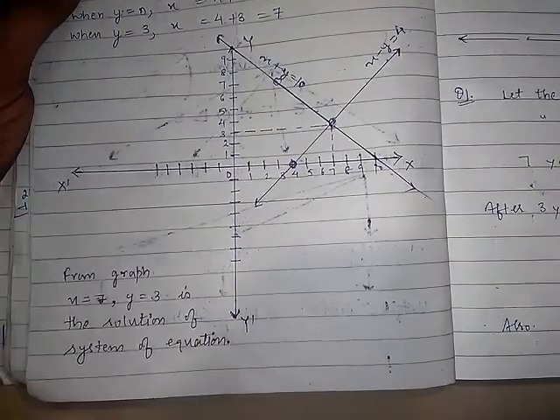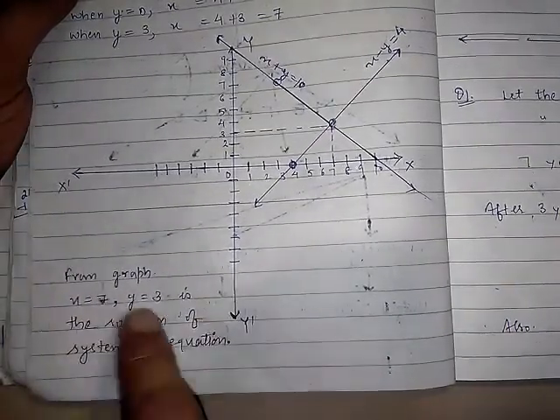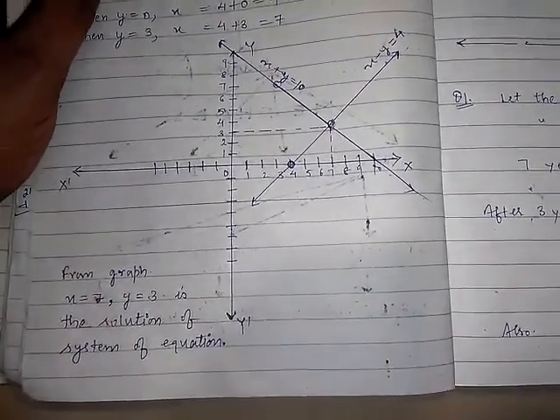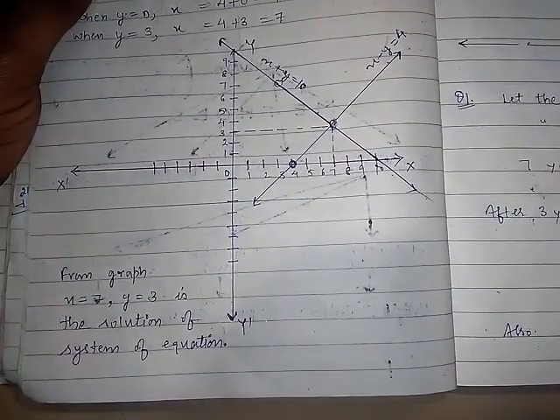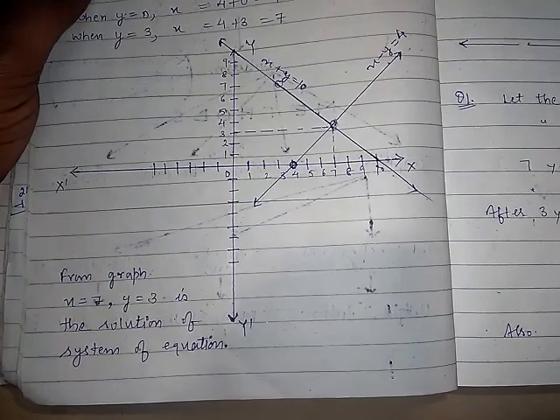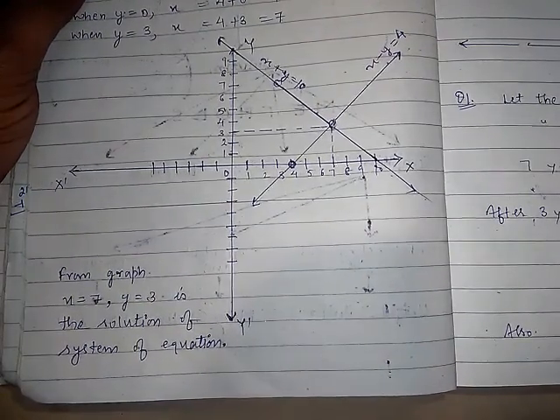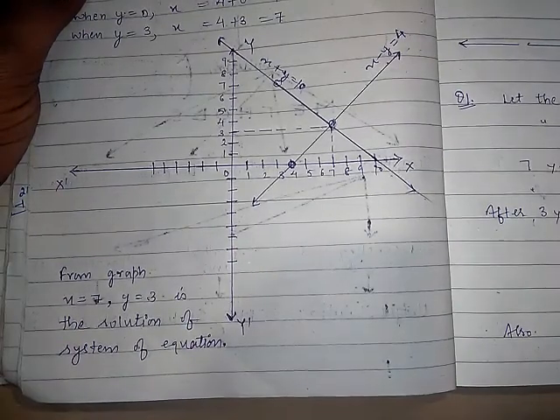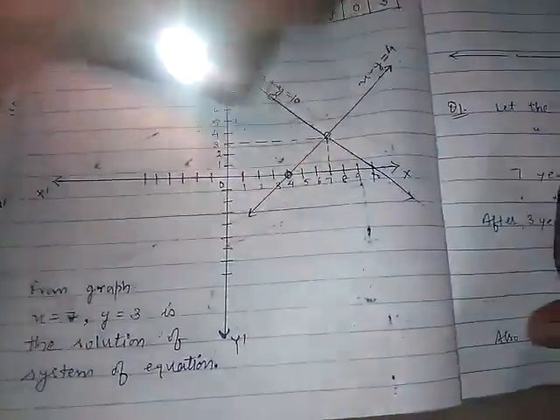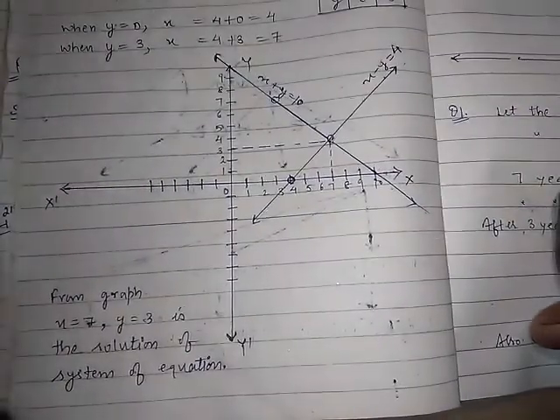graph. And if you remember, in class 9 we were not writing this line. Why? Because in ninth class we used to draw the graph of a single line, and in the case of a single line, it has infinitely many solutions, and we cannot write down infinite solutions. Clear? So that's why we are writing it here in class 10. Okay.